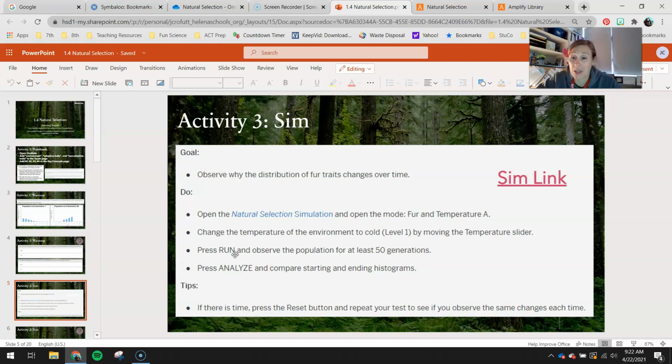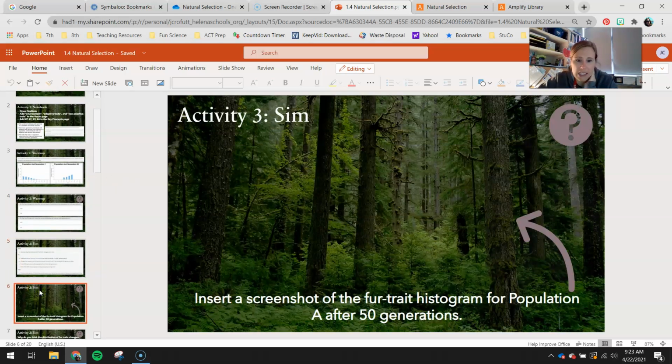Remember to speed that up so you guys aren't staring at the computer for 17 minutes. And then press analyze and compare the starting and ending histograms. So again, look at the histogram at generation 1 versus the histogram at generation 2. And then here's what you guys are going to do on that. First of all, you guys need to